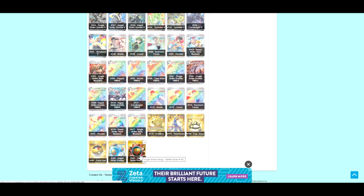So when you're looking at it, the alternate art cards now are at least a lot more rare, quote unquote, than some of your standard secret rares. Again, you're guaranteed a secret rare in a box, but you're not always guaranteed an alternate art card in a box. And so what I think Pokemon has effectively done is shuffle around the pattern that they are working with. They're going to start pushing more alternate art cards,